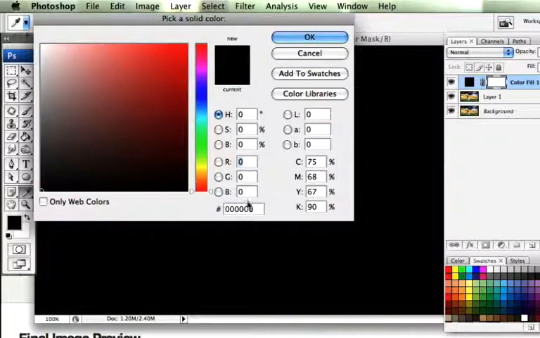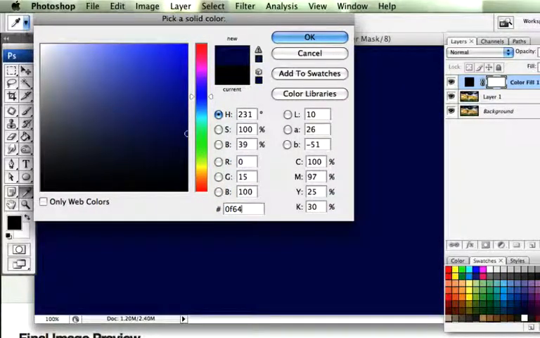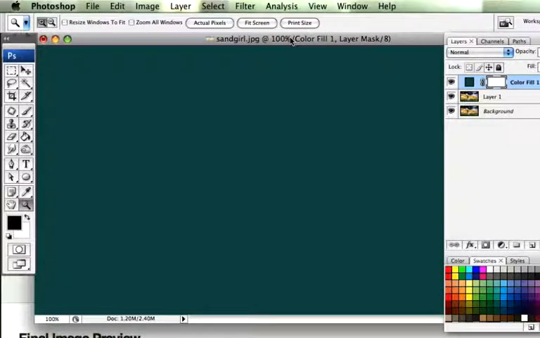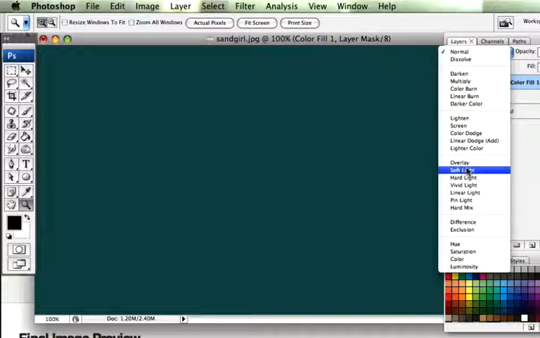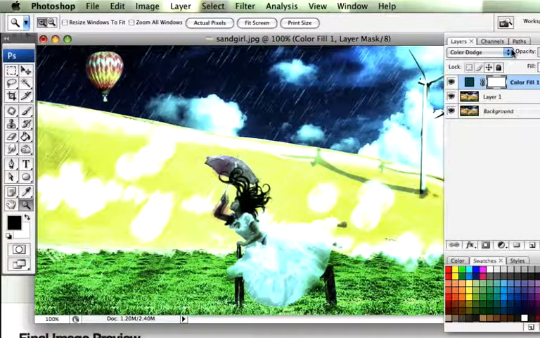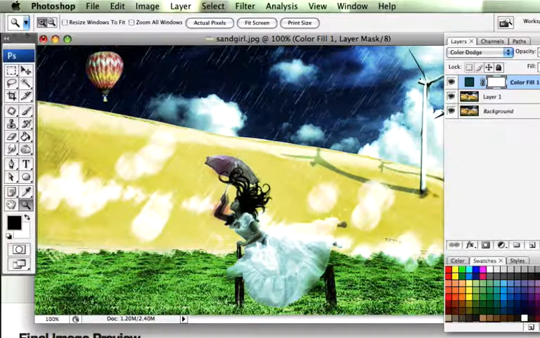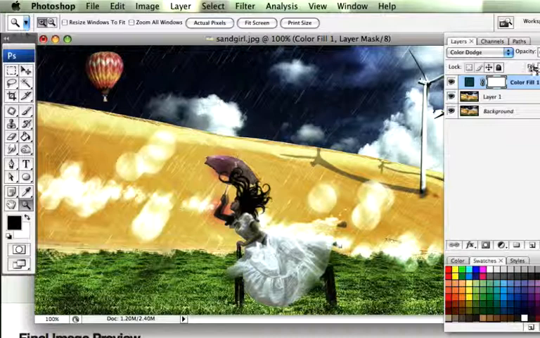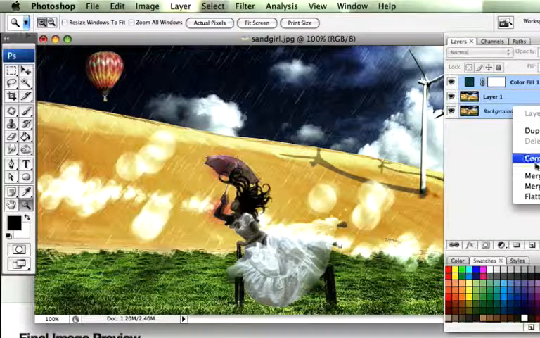Click on OK. We're going to set that color to 0F6465. Click on OK. Set it to Color Dodge and reduce it down to 65%, and reduce the fill right down to 37, maybe even just a little bit less. Okay, looks pretty good. Then we're going to flatten the image, so just going to select all those layers,